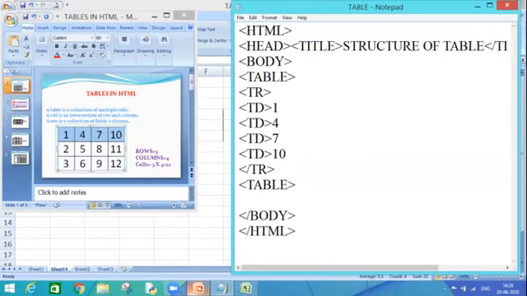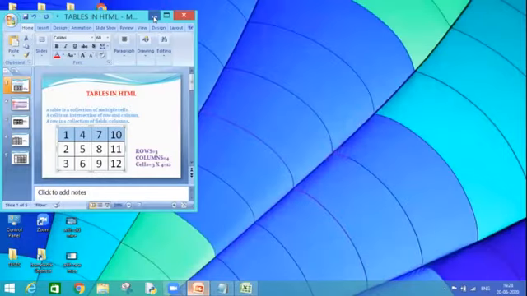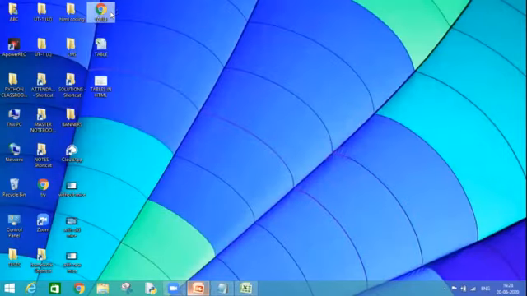So let us execute it. How will it look like? Control S. Just wait, it's taking time.